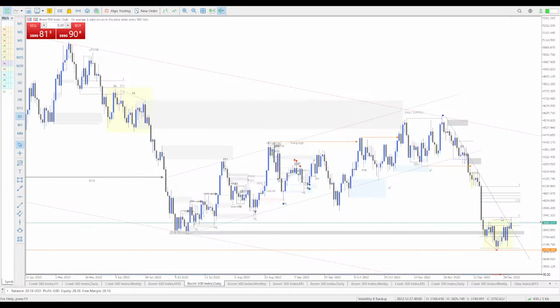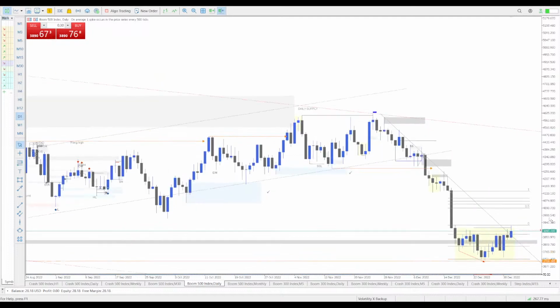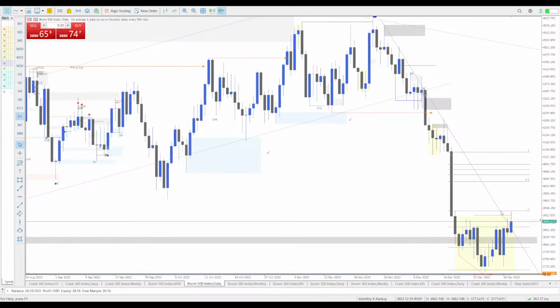Already it's not a high probability trade. Why do I say so? Because you can see that there's a very big imbalance sitting above, price has cleared all the liquidity and given us equal highs at the top here. There's equal highs here. So let's see what happens. Like I said, this is not a high probability setup for me. It's just like a scalp trade,